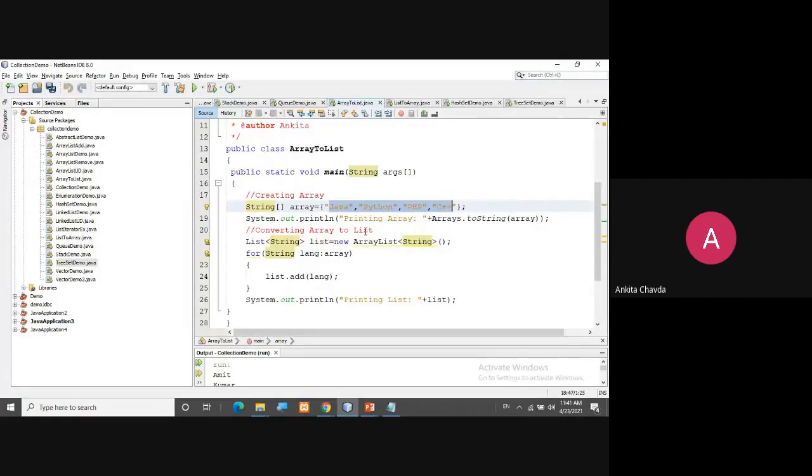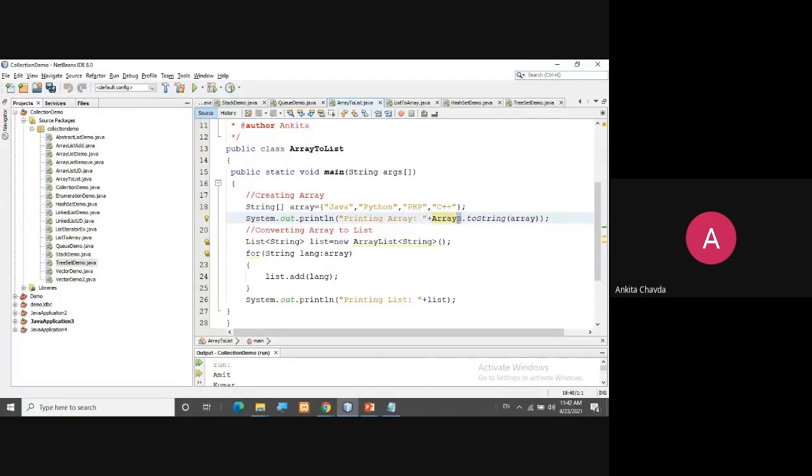Now what you are doing is simply printing the array elements. How can you print the array elements? Because they are single elements, either you have to create a for loop which will run till the size of the array, and then you can print. But the other way is that you can print this array directly in System.out.println. For that you have the Arrays class. Arrays, not only array.